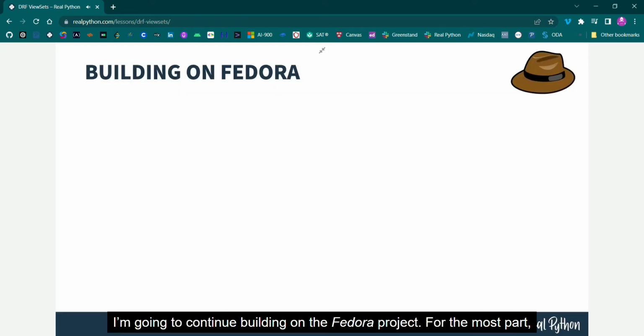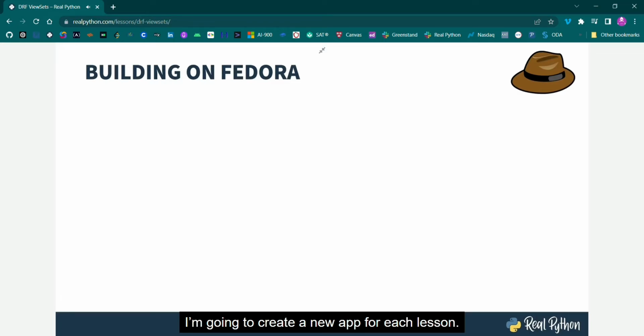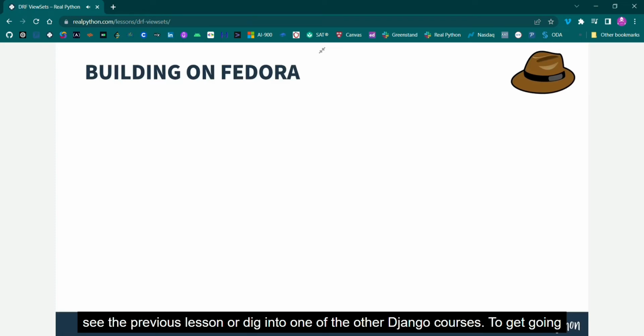Throughout this course, I'm going to continue building on the FEDORA project. For the most part, I'm going to create a new app for each lesson. I won't stepwise go through the process of creating each app. I will just quickly summarize it in order to save time. If you need guidance on how to do this, see the previous lesson or dig into one of the other